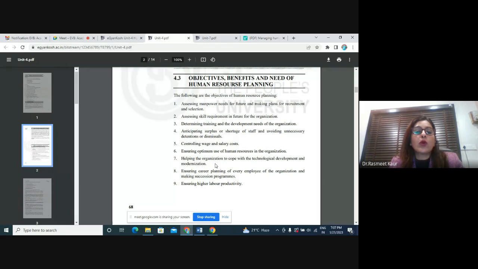Then if I say what could be the other objectives of doing manpower planning? If I want to utilize my manpower in the best possible manner, I need to know their skills. So HR planning helps me as a manager in the organization to assess the skills which are actually required. If I do manpower planning, I'll come to know the caliber of the employees who are working with me, and in future in that industry, what is the requirement of the HR. If I need to train them accordingly, develop them, or if I need to fire them, then this manpower planning will help me take all these decisions.